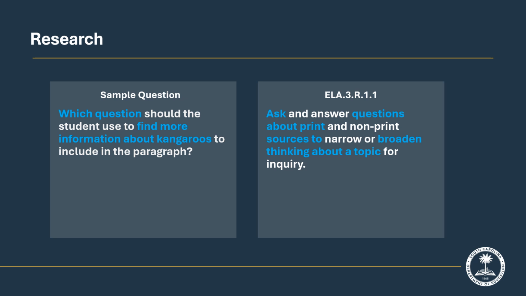Because this is a multifaceted indicator, summative assessment can only assess it in pieces. We cannot target this full indicator with one multiple choice test item. In blue, you see the primary part of the question and which part of the indicator is being targeted. This also indicates that other assessment questions can target the other part of this indicator as seen in white, and still aligned to Research 1.1. This means there is more than one way to target this indicator on summative assessment, and not all questions will be the same.